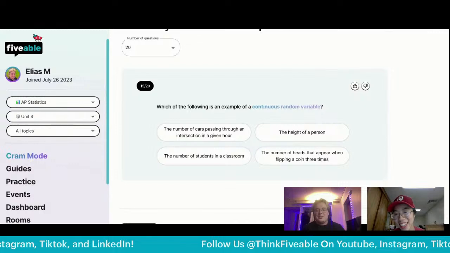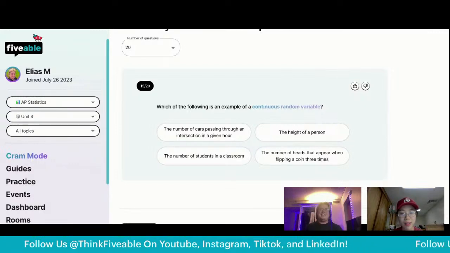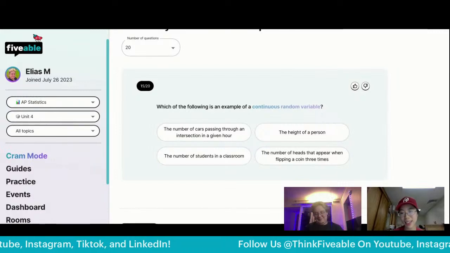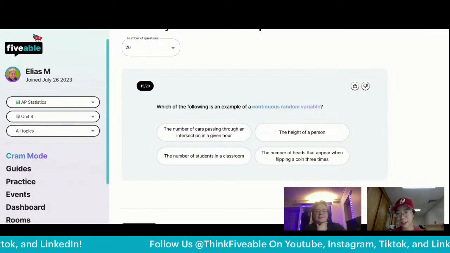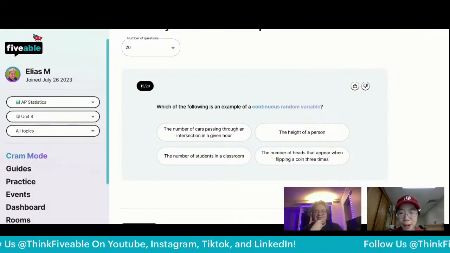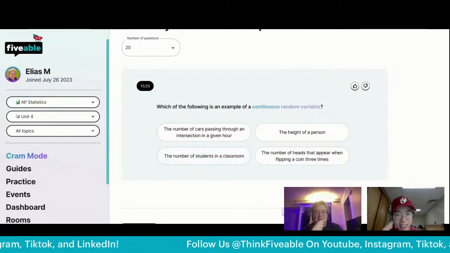I don't even know where to start with this one because I know the answer. I'm just trying to find the best way to explain how to get to that answer. If it's continuous, it basically means you can have fractions involved. You can have percentages. So for example, the bottom left is incorrect because you can't have like 3.5 students in the classroom